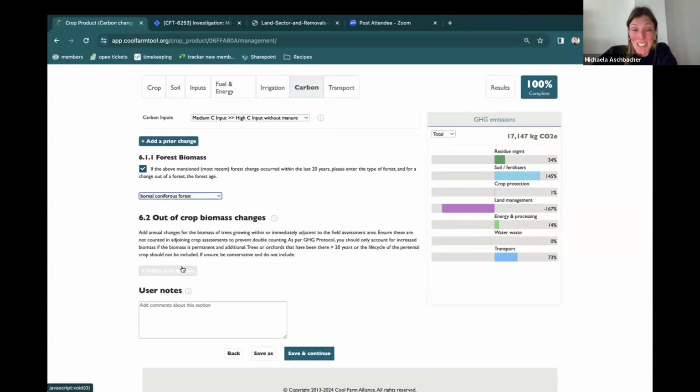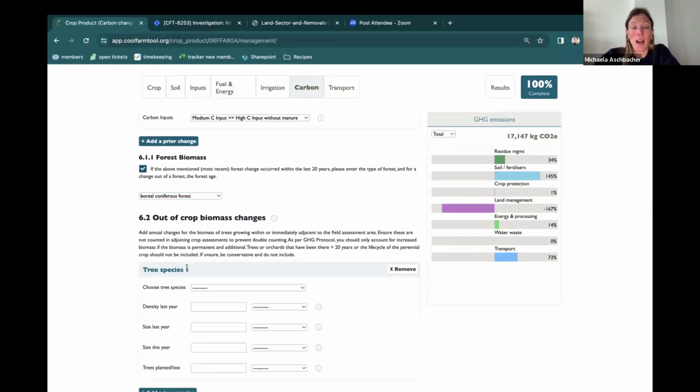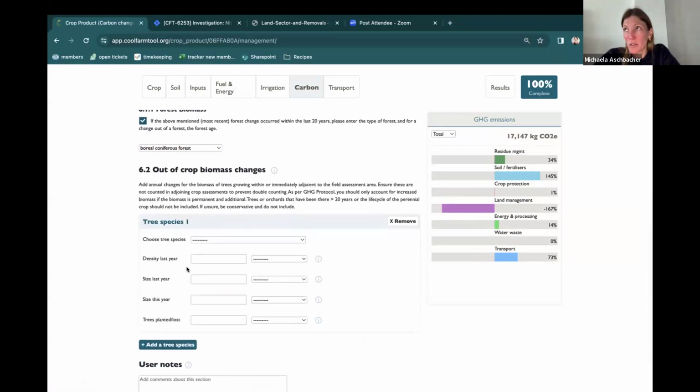And last but not least, so ready to move on, because we still wanted to cover the livestock assessment as well a bit, you have the opportunity to show if you have additional trees that you grow on the field. So that can be trees for birds, shade trees, etc. And also for this, you can show us if you have added new trees to the growing area, and also how the growth of those trees is. So this is measured biomass increase